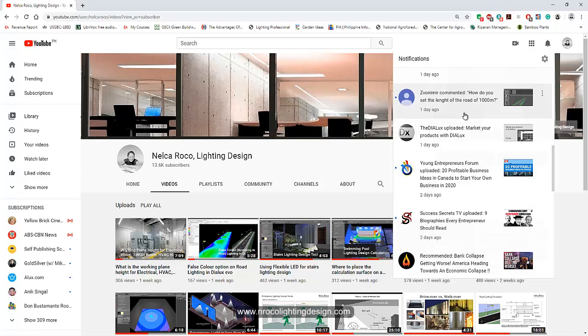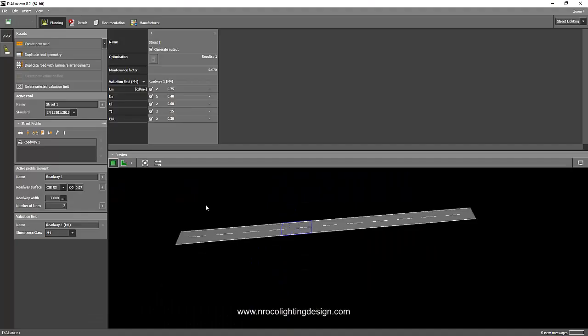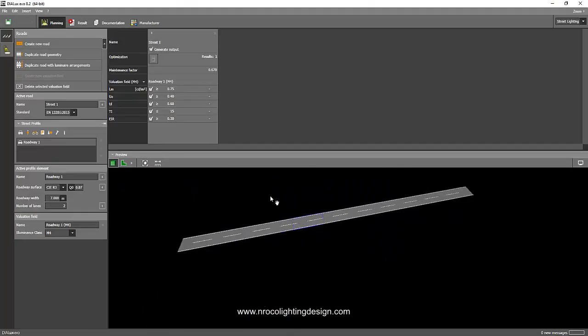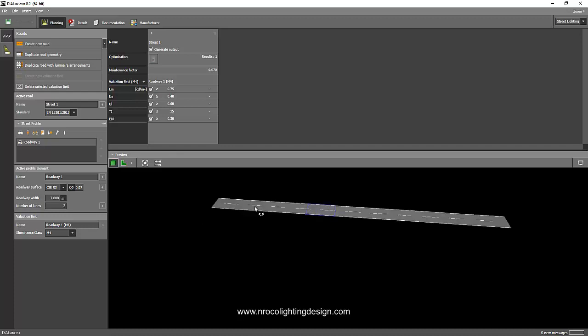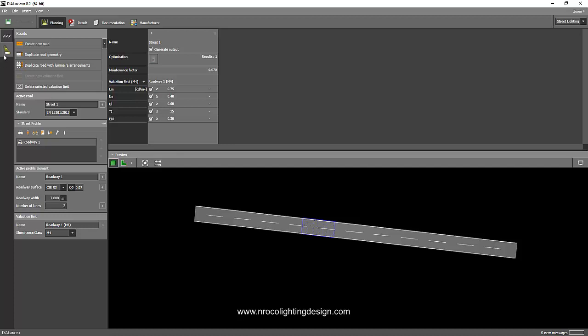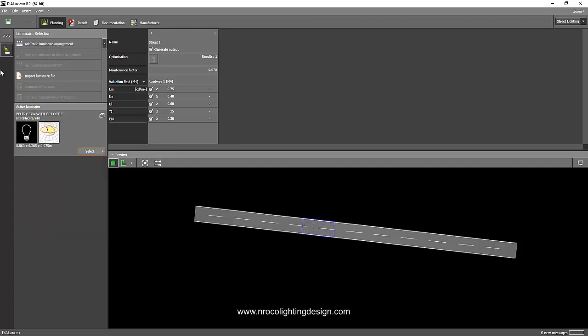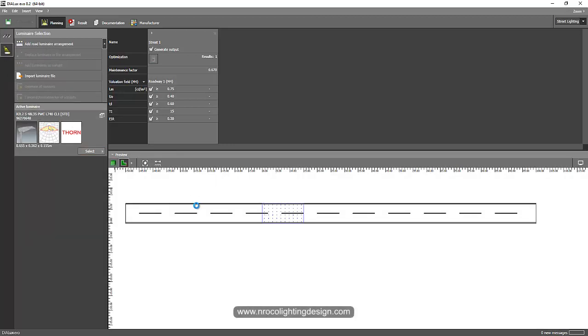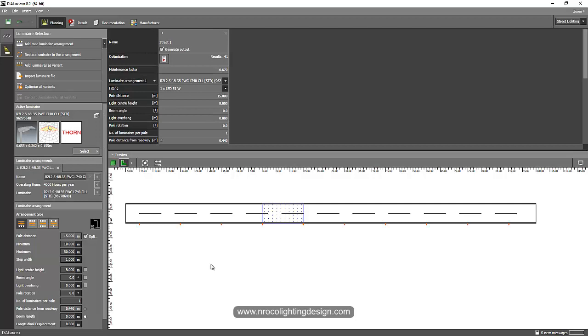Mr. Zvonimir, actually, you cannot set that road into 1,000 meters or 1 kilometer. All you need to do is just drag and drop the luminaire and then let the spacing determine if you comply with the road lighting requirements.